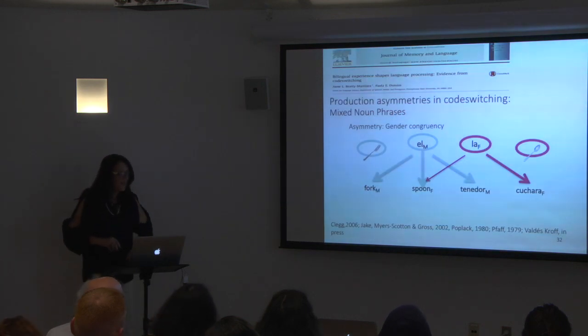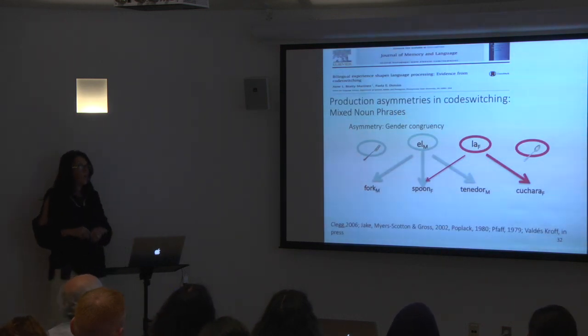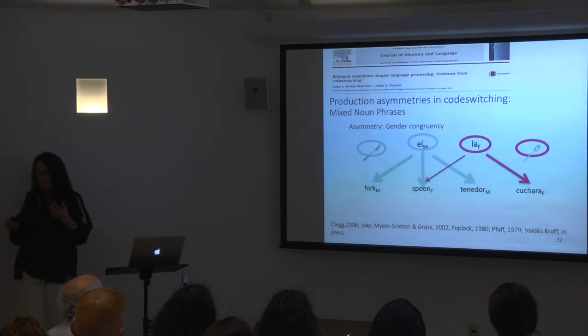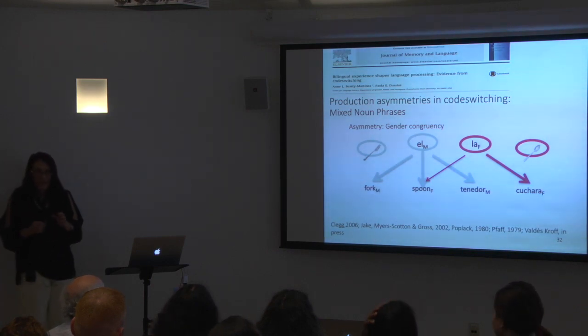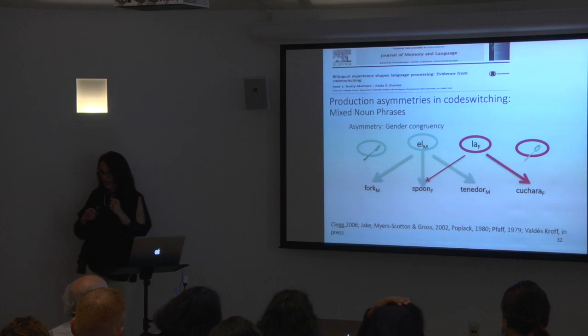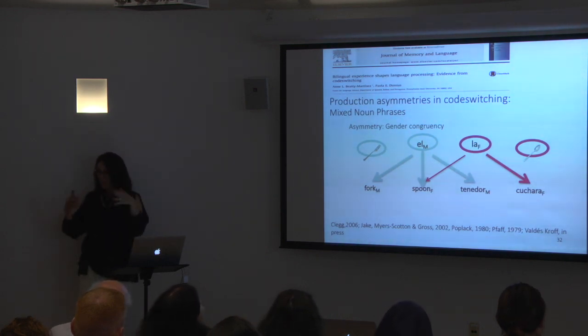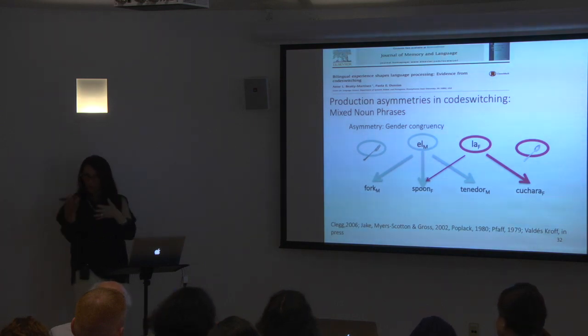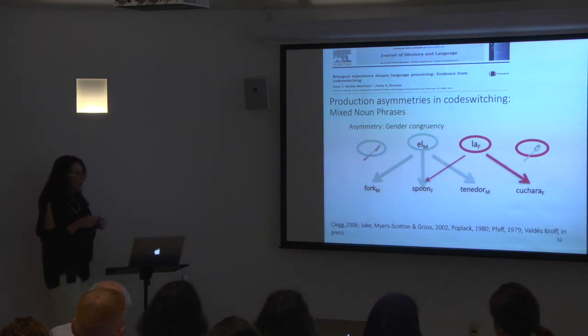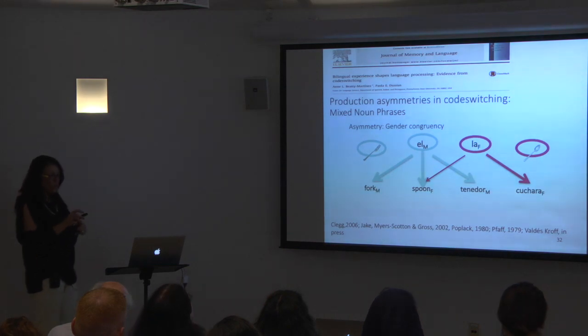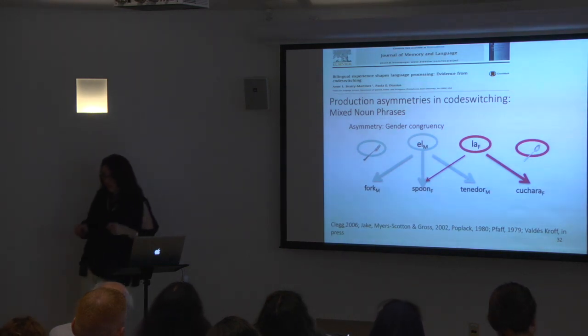So in this next set of studies, I want to illustrate this tuning that happens when bilinguals are exposed to code switching, and illustrate how exquisitely the comprehension system is tuned to what happens in production, to what happens in the environment. And I want to go back to the gender congruency that I spoke to you about a minute ago,